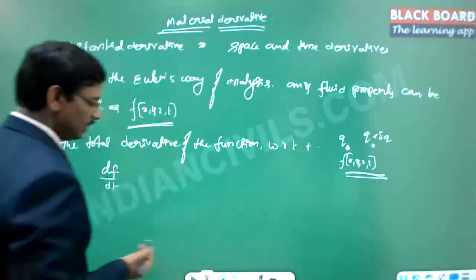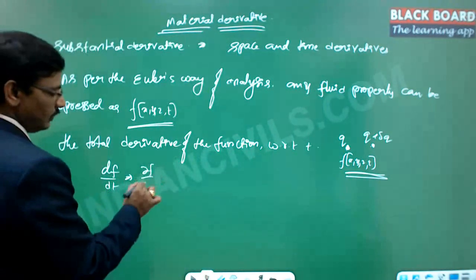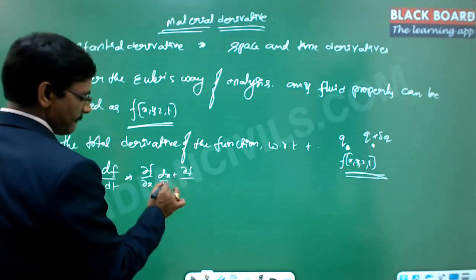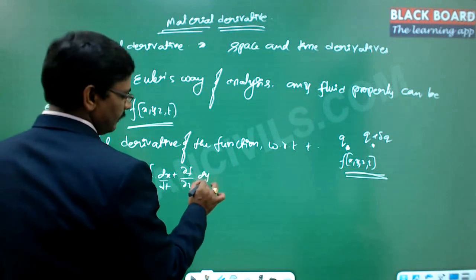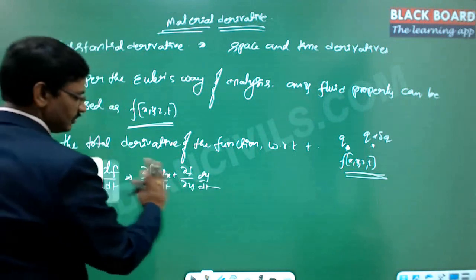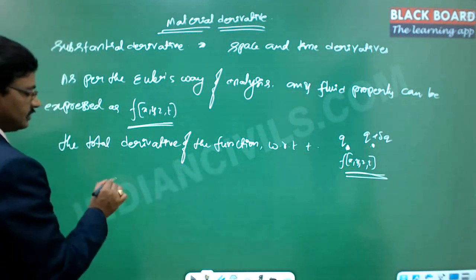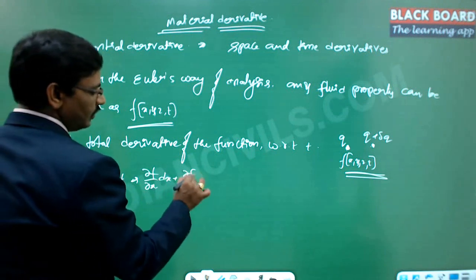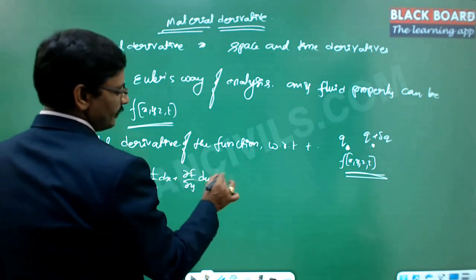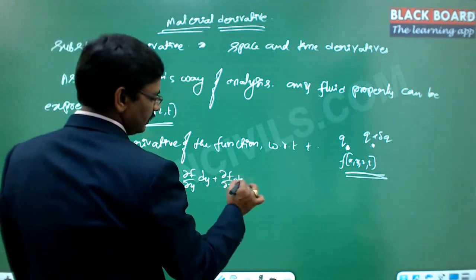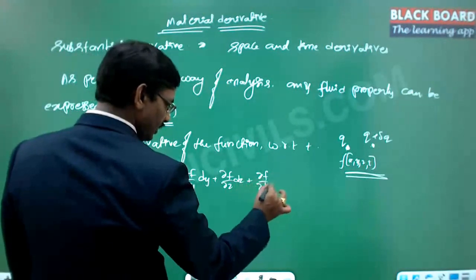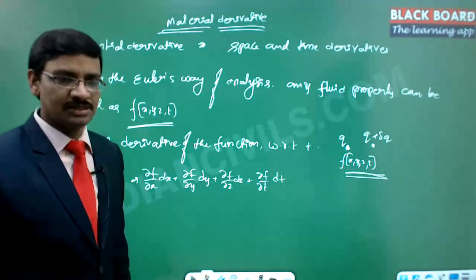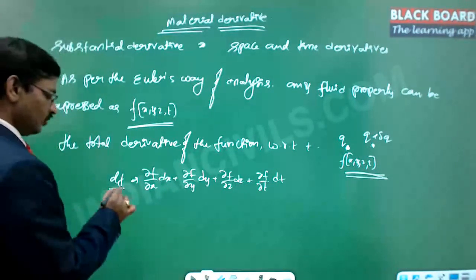With respect to t, this is going to be obviously dou f by dou x into dx, plus dou f by dou y into dy by dt, because we are taking the derivative with respect to t. Usually the total derivative we express as df equals dou f by dou x into dx plus dou f by dou y into dy plus dou f by dou z into dz plus dou f by dou t into dt. This is how we express the total derivative if there are 4 different variables involved.